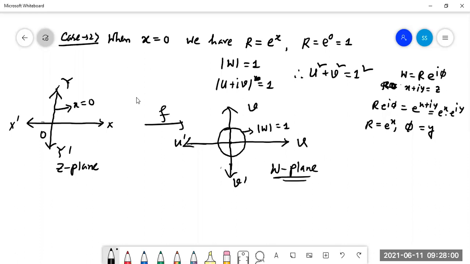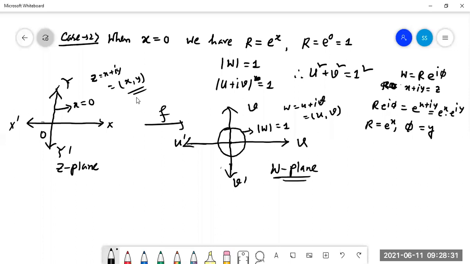Now it is clear. Yes sir. Sir, what is W in this? W is a plane. Here W means mod W. In the W plane, and in the z plane, what do we write? Mod z, z equal to x plus iy. And here W is equal to u plus iv. It can be written in the coordinate system, and z can be written as x comma y. So this is mod W equal to 1.